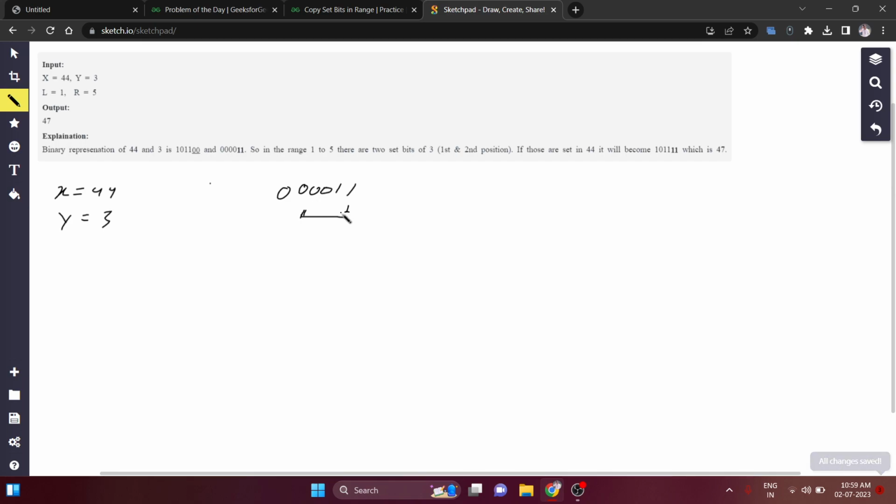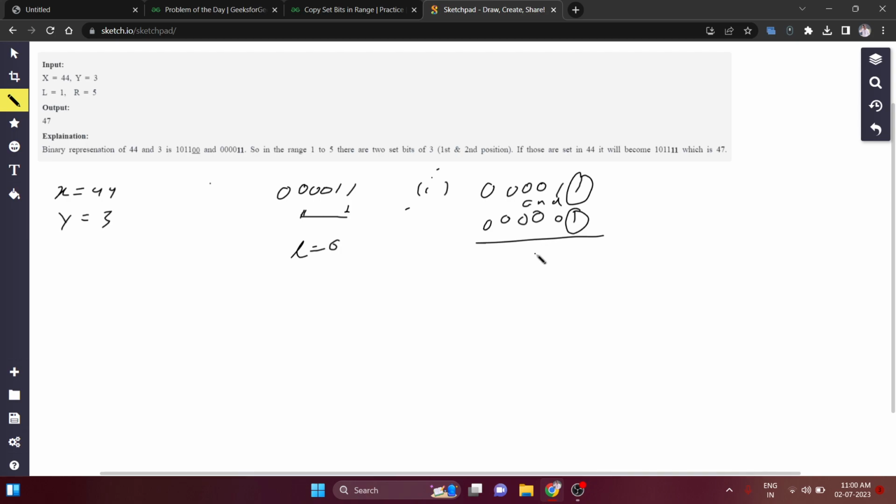How can we count that? In the first step, L is 0, and the binary is 000011. We take AND with 1, so 000001. After taking AND, if the current bit is 1 and we are taking AND with 1, both bits are 1, so we will get a positive number, or you can say 1.